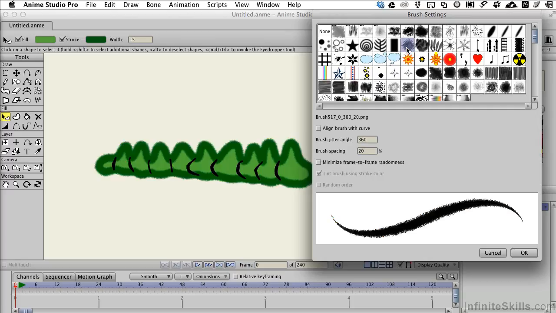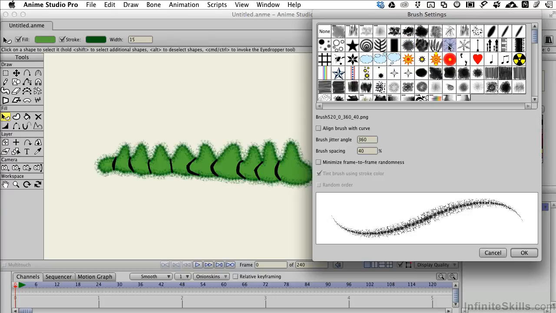Let's change back to something that's a little more fuzzy. This looks like an explosion of fuzz right here. That may be too much. I want something more like this that's a little more understated, not quite as obvious. I'm going to leave it like this. I'm not going to turn on Align with Stroke. And you'll notice the jitter angle here is set up to 360 degrees. It means this piece of artwork is being rotated anywhere between 0 and 360 degrees